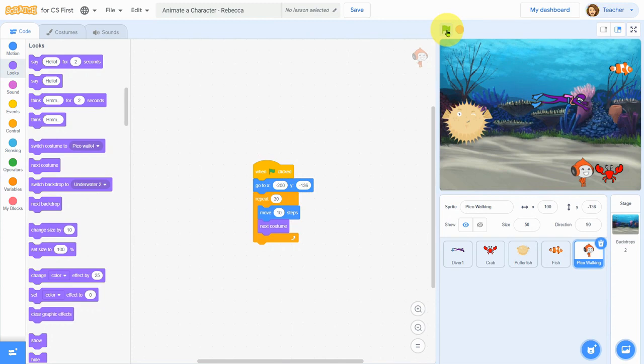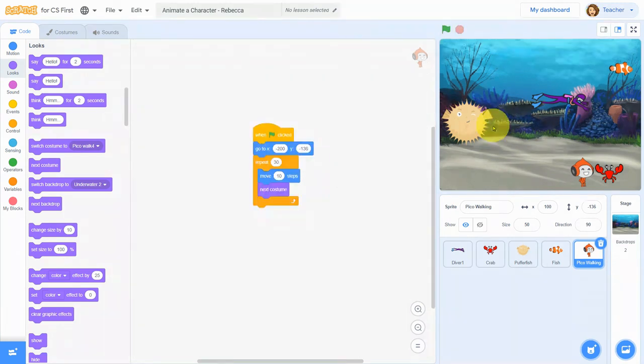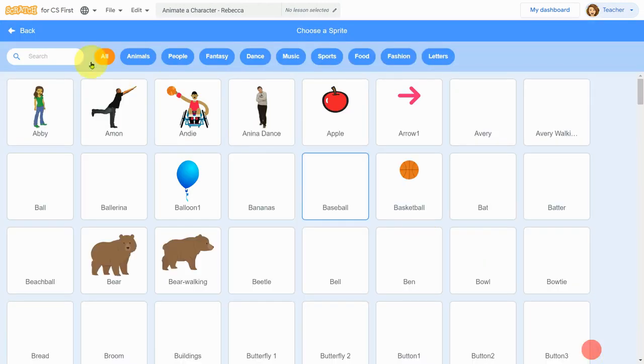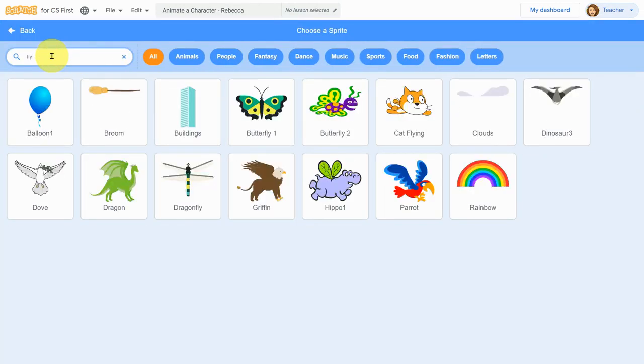There we go. And now he sees the crab. Okay, the next option you have is a character that's going to look like they're flying. So first, I need to choose a new character that's a flying sprite. Mine's not going to fit exactly in the scene, but I just wanted to show you what it might look like. So I'm going to go down to my choose a sprite, and I'm going to start by searching for